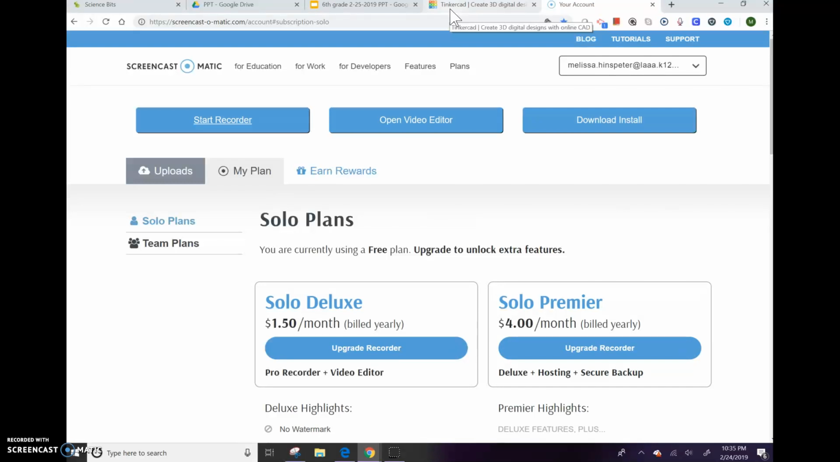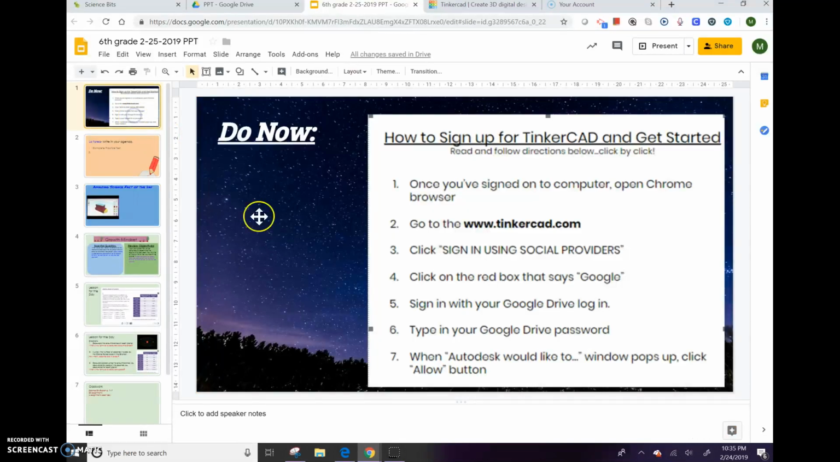We are going to be exploring Tinkercad, and as you can see from our first slide of today, you have some directions to follow to be able to log into Tinkercad. Once you've done that,